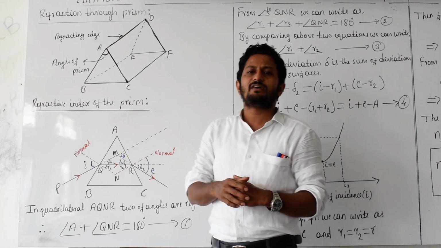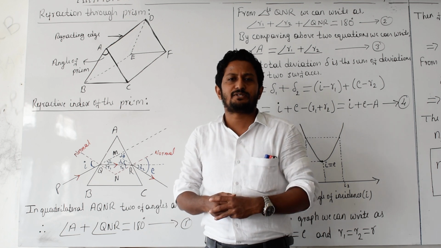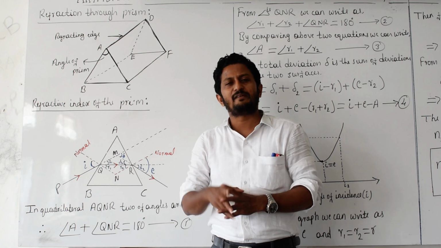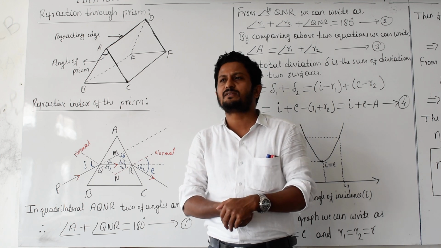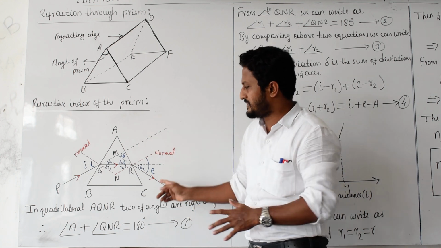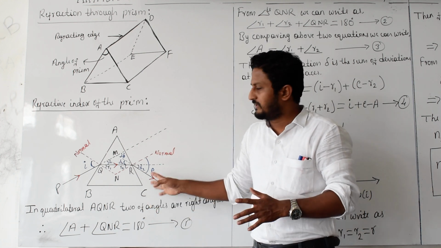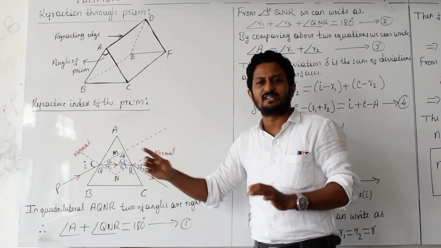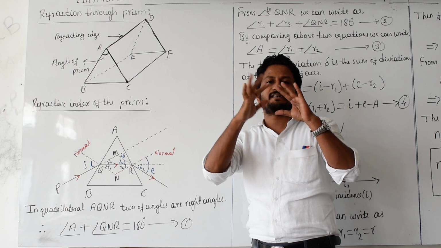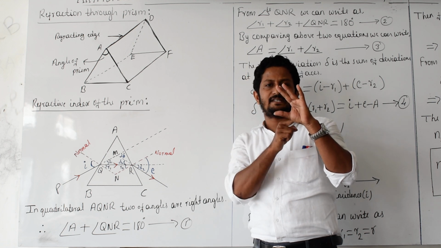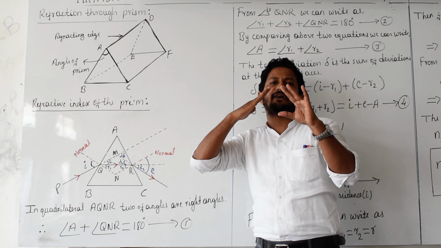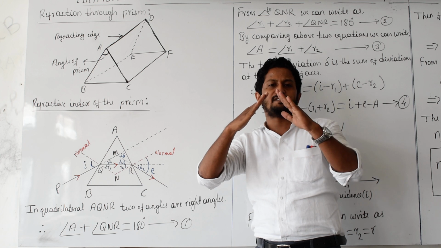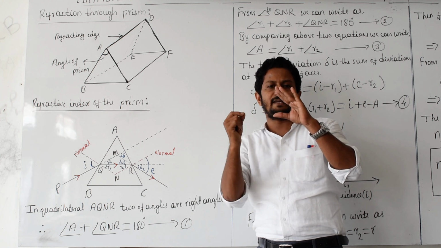After this, we are going to derive an expression for the refractive index of the prism. Refractive index of the prism means what? Here, look at this diagram. Here we have taken the prism, and we focus on its front surface like this, A, B, C. Here on this side one rectangular refracting surface is there, and here one more. This is the front view, A, B, C.